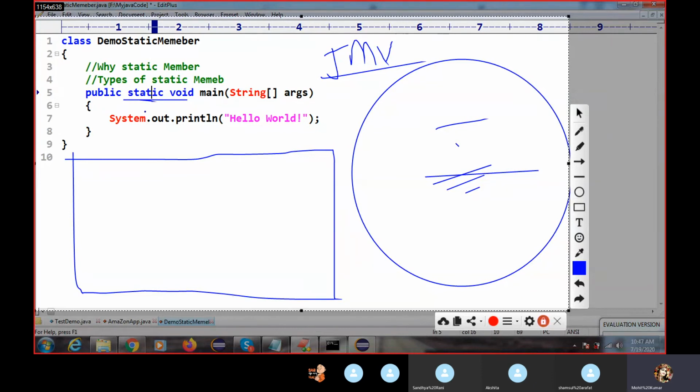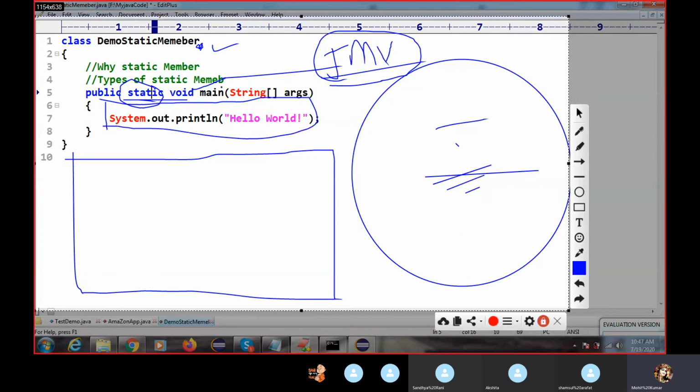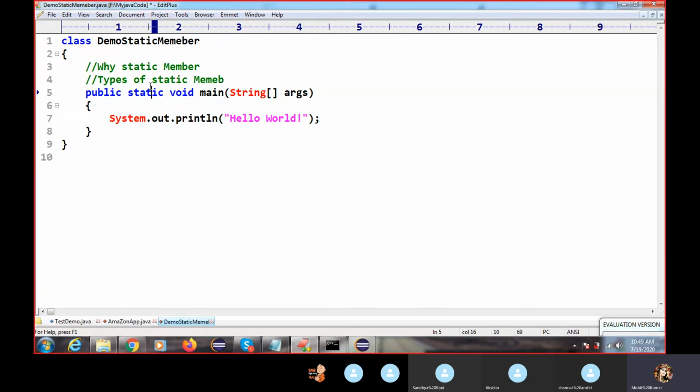So that place we will use static. You should not provide any memory, JVM will provide. That's why we are able to access this static member from the class, because when the class is loaded into the JVM, that time only memory will be allocated. And we can directly call the static member. Why? Because the JVM has already provided the memory, and we should not provide any external memory.